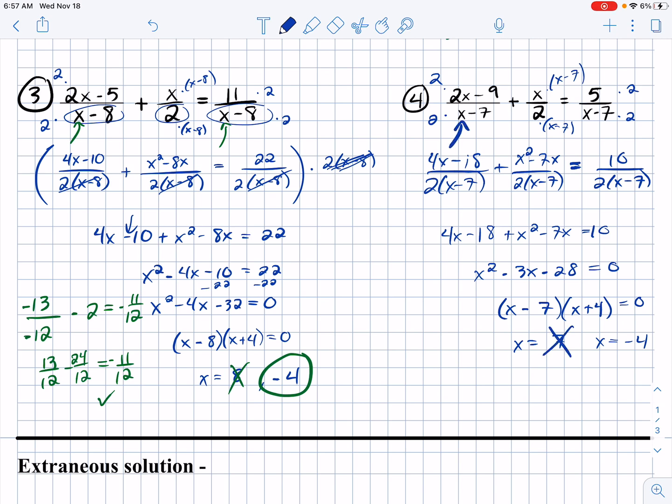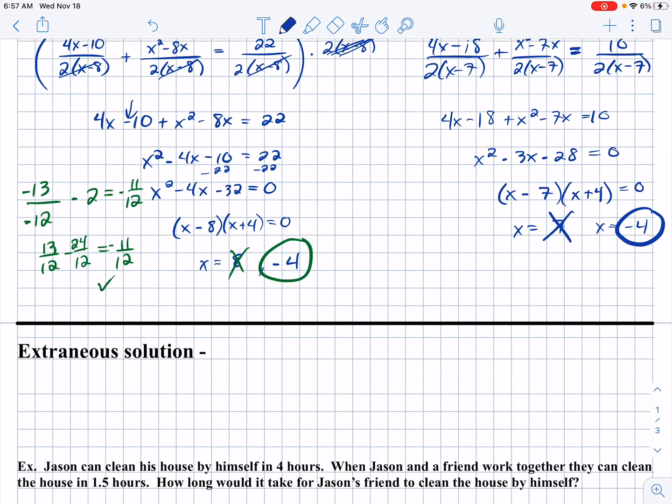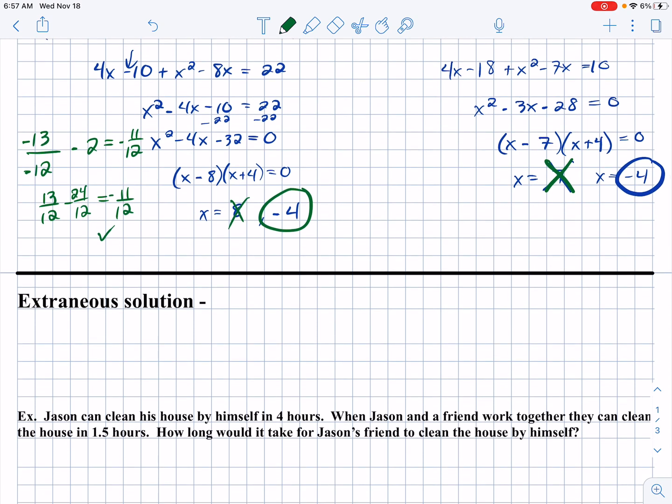When you plug in 7, 7 minus 7 gets you 0. Negative 4 just happened to be another solution, again, would be your answer. These two solutions, the ones that did not work when we plugged them back in, are called extraneous solutions, which are a solution or solutions that are derived from the original equation